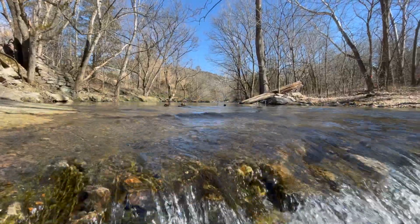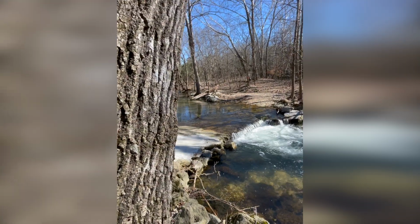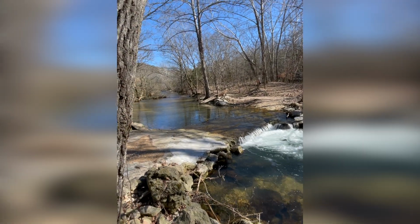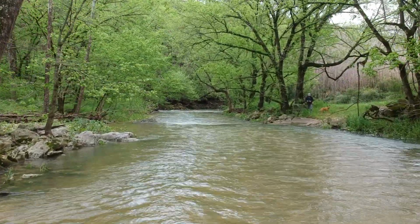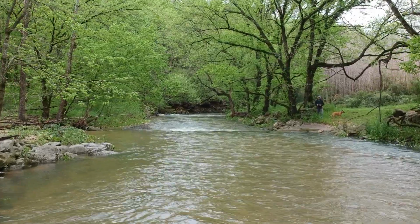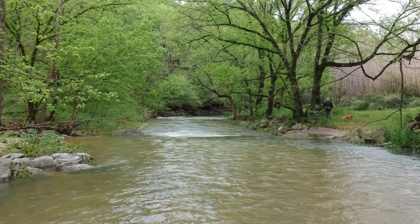Alright folks, today we're diving into one of the coolest hidden gems at Bear Creek Nursery, our very own Ozark Creek. The creek flows gracefully through the property, offering access at several points. It even has a low water bridge, along with some remnants of the old rail line that ran through this